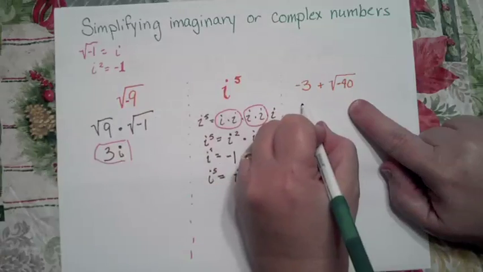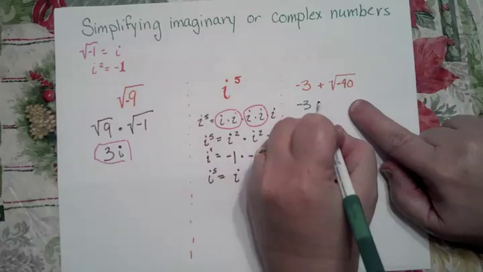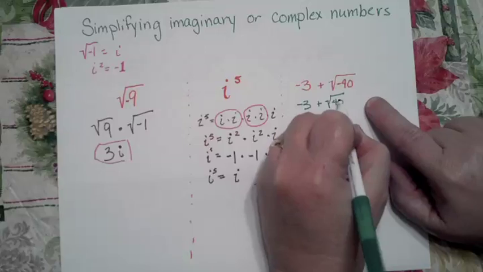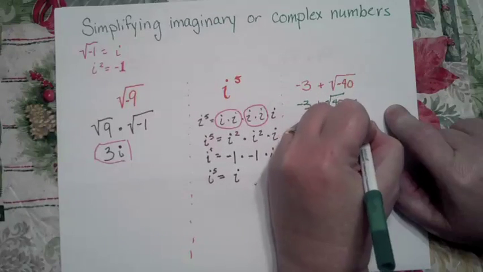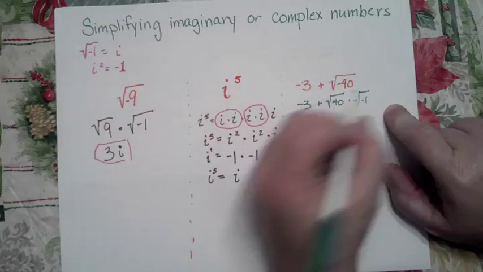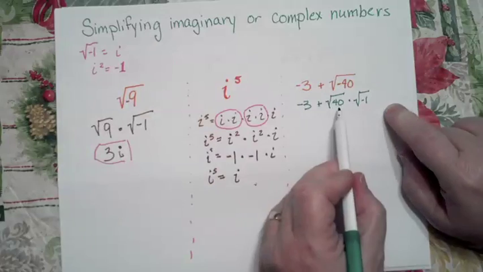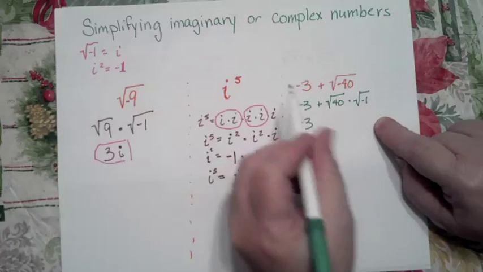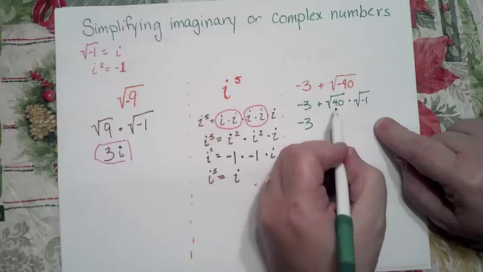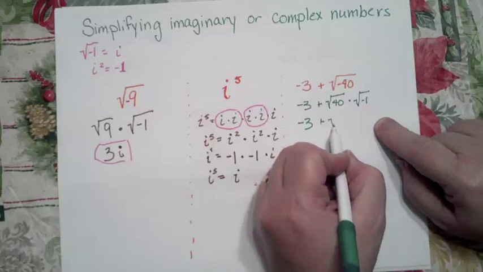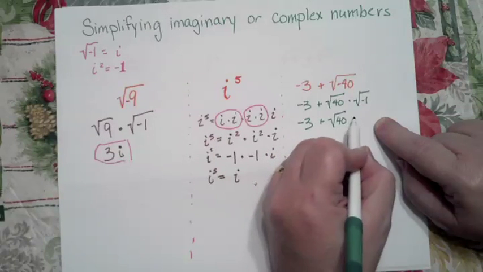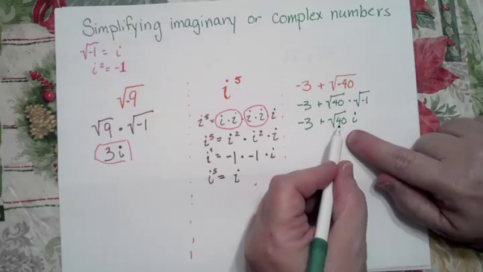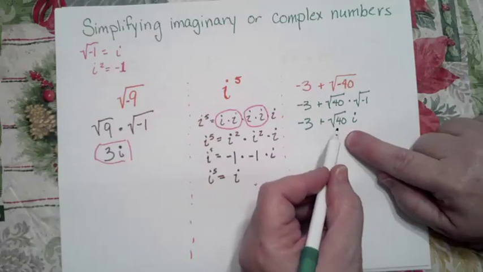So what I want to do is change that square root of -40 to the square root of 40 times the square root of -1. Okay, because 40 times -1 equals -40. So now when I go to do this, this becomes i, and I have the square root of 40 and i. Now, I need to remember, though, in the square root of 40, I actually have a perfect square